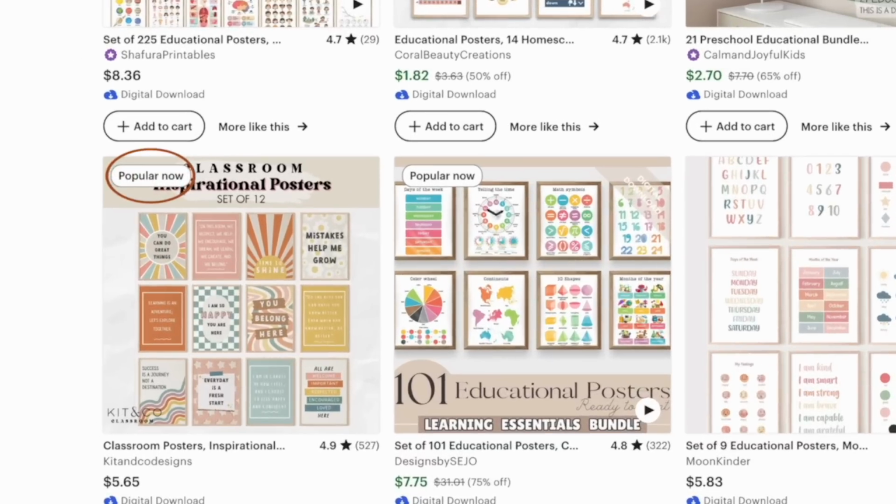You're going to want to look through these listings, especially taking note of the ones that say bestseller or popular now, as that's an extra clue that these specific listings are selling over and over again consistently, and we want to be able to identify a few things that are working well for them that we could incorporate into our